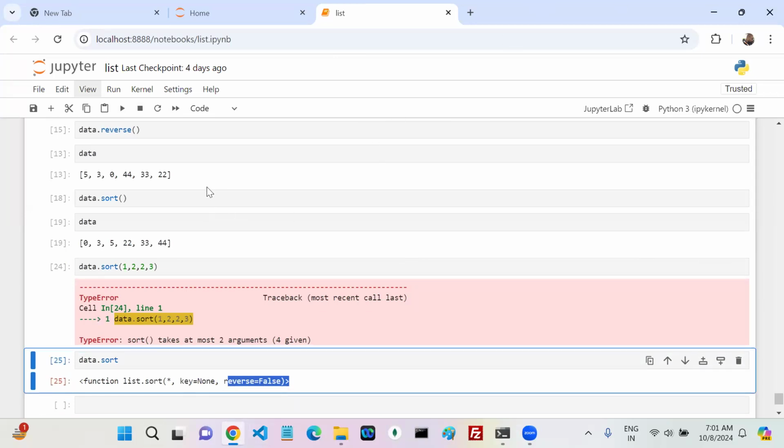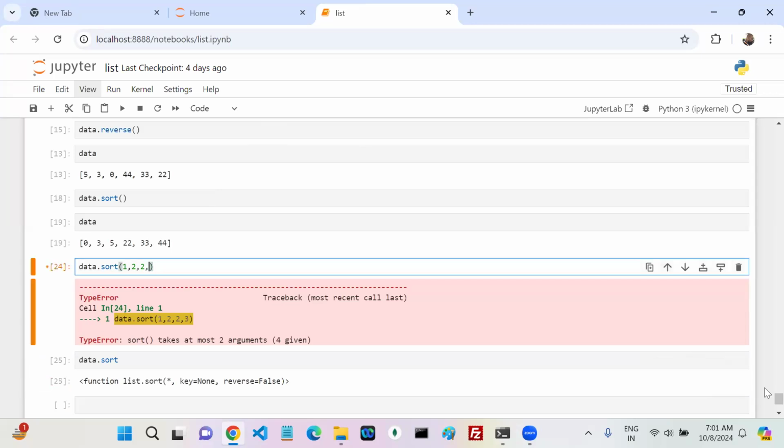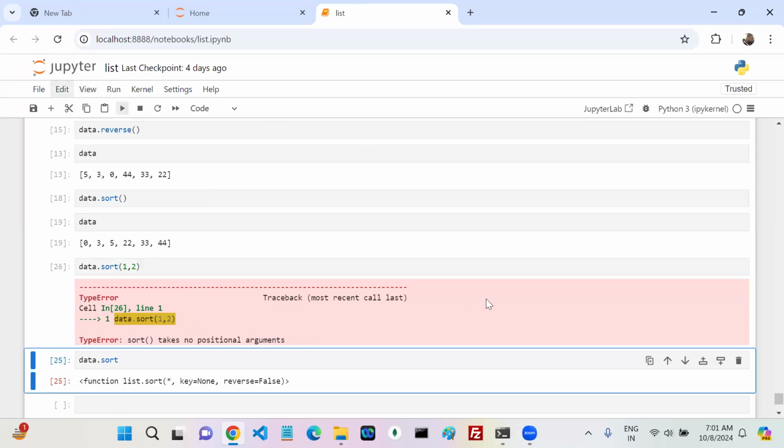Okay, some order, like ascending order or descending order, you have to mention, right? Ascending order or descending order, you have to mention or not. Okay, that information you have to give. That information you have to provide. Now data.sort. Now if I write like this,